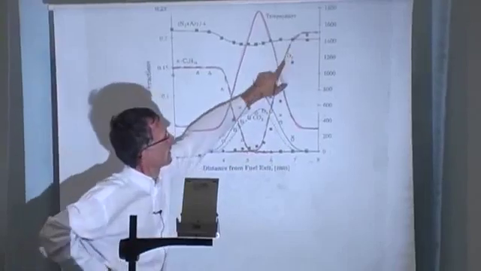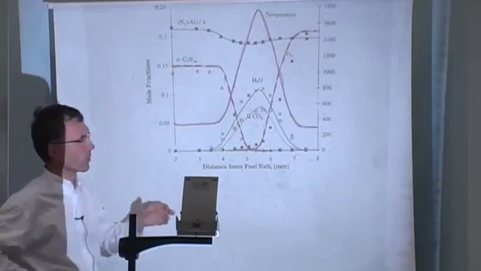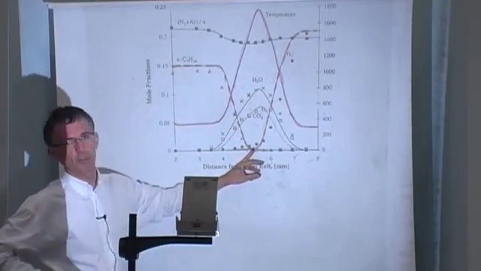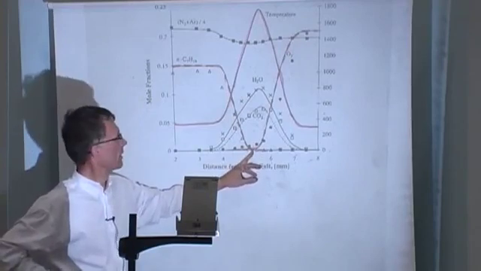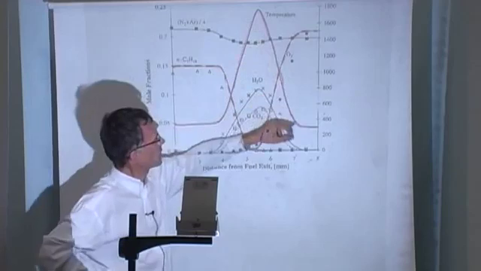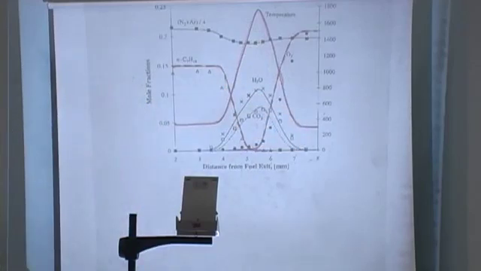And here you have the profile of the oxidizer. And now, today you are professionals and experts in diffusion flames. You recognize here that the stoichiometric point must lie somewhere around this point. Okay? This is where the flame is sitting. And here you have the temperature profile. You see, the temperature profile in a diffusion flame is very different from the temperature profile in a premixed flame.